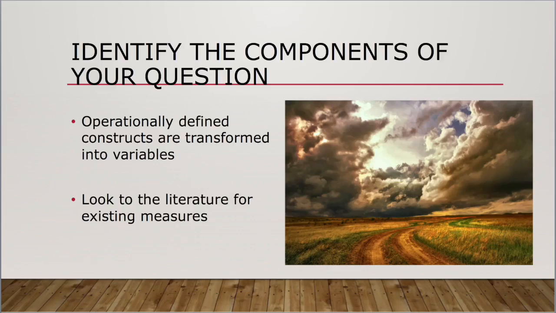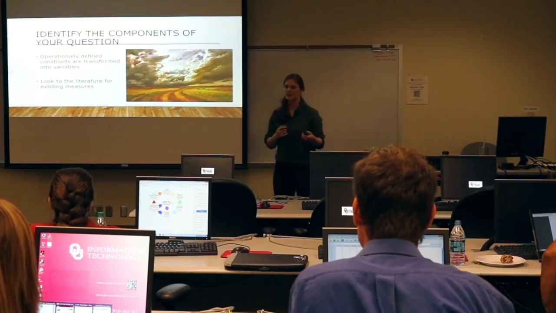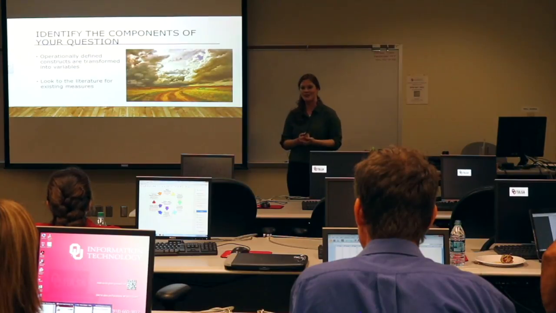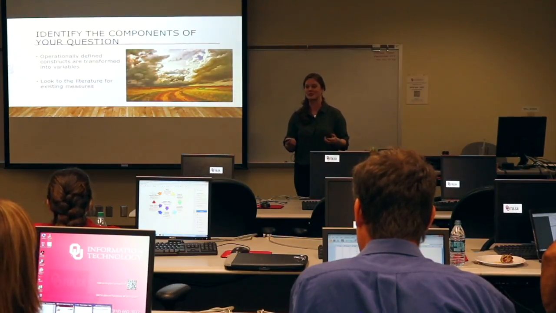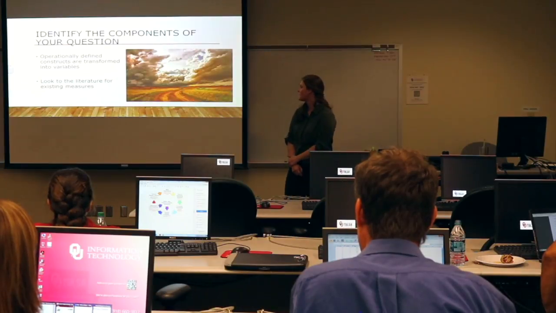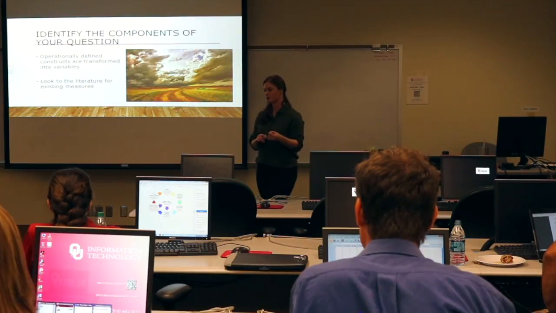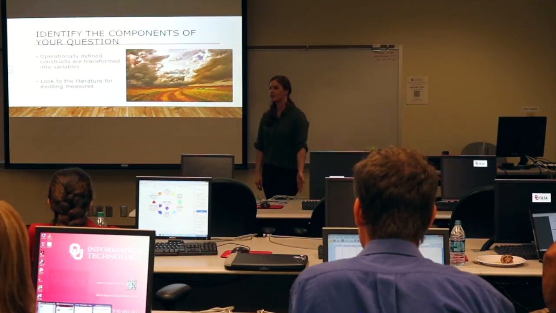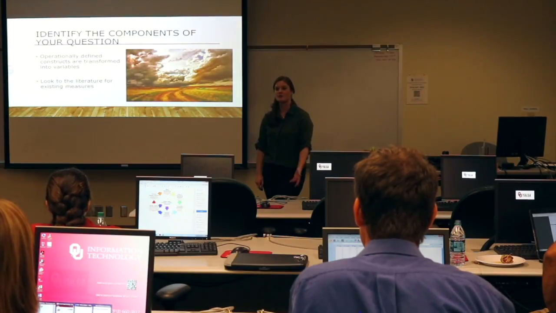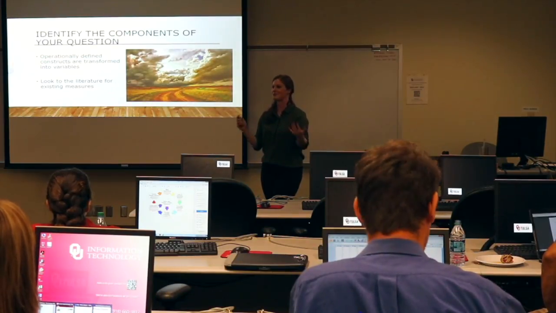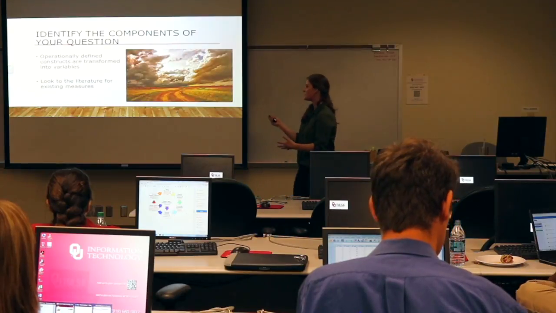Good. Okay. So in this second bullet here, I've already said, look to the literature for existing measures. If you're interested in measuring something, someone has likely already developed a way to measure it. So I would turn to the literature, try to find the gold standard for that particular construct, and also try to find ones that are free. If you find one, sometimes you have to ask the author for permission to use it. And I've actually done that and have been very successful in doing that. You just email the corresponding author, and they were actually delighted to have me use their scale. So they wanted to know about my research and all of that. So pretty easy to do, but like I said,